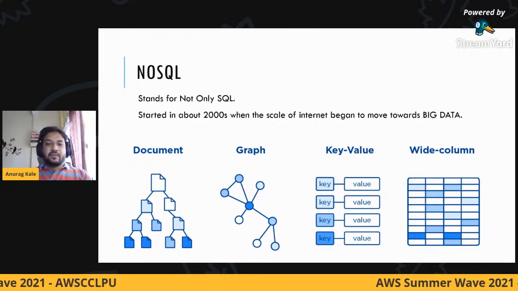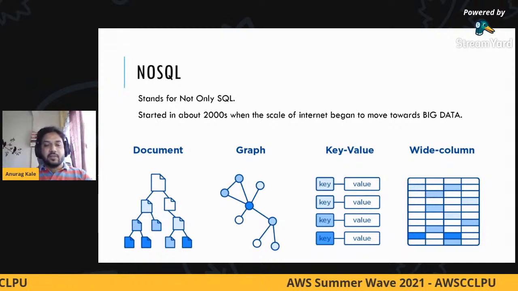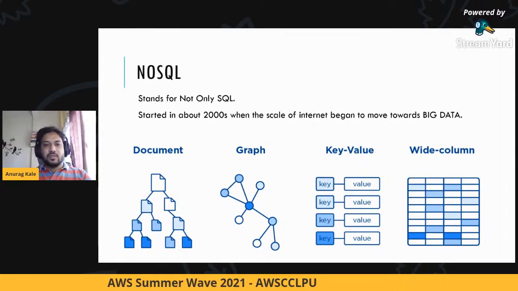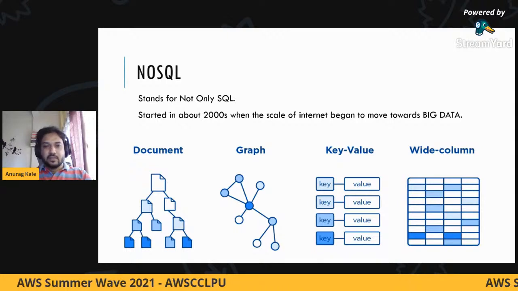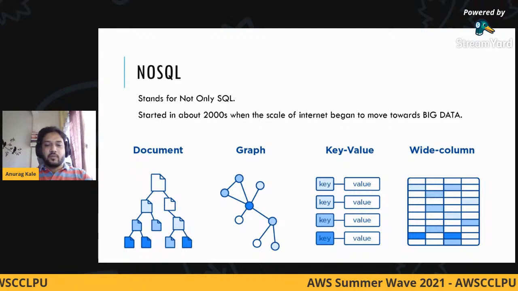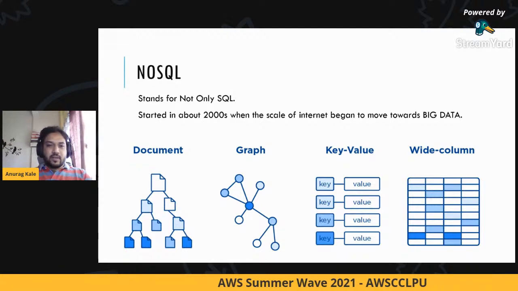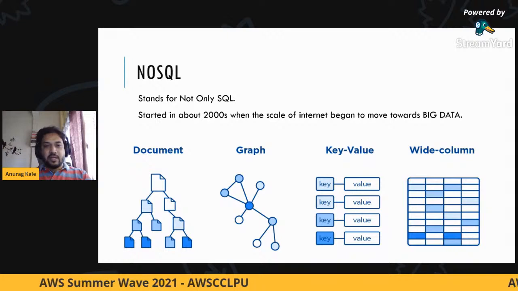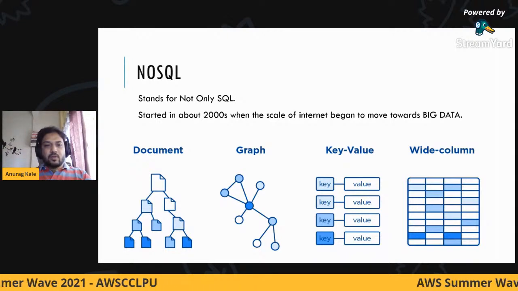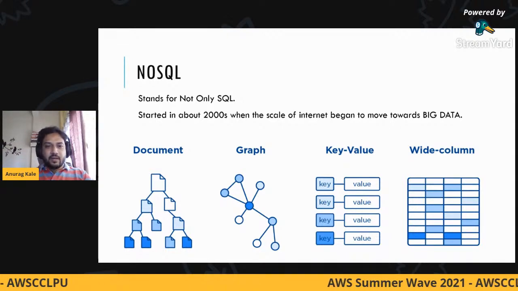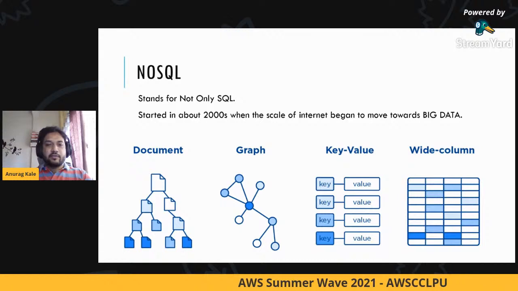Then we have something called graph databases. I'm sure most of you use some sort of social media websites, let's say Facebook or Instagram or Twitter or LinkedIn, for example. In all of these social media, there is a concept called a friend, then there is a concept of a friend of a friend.